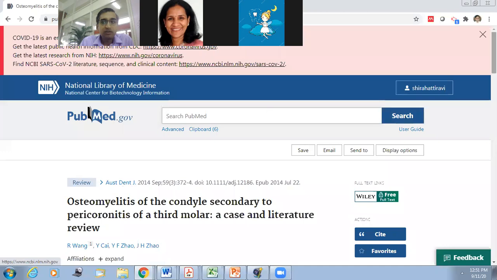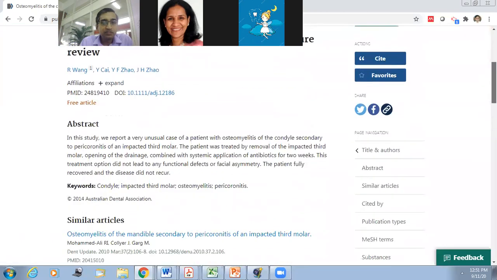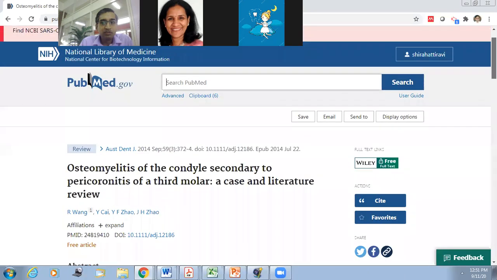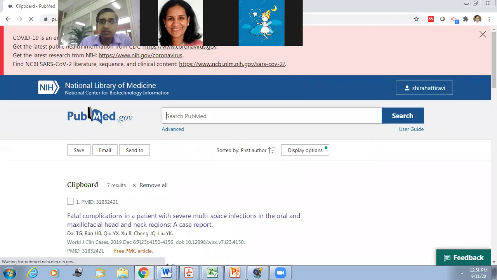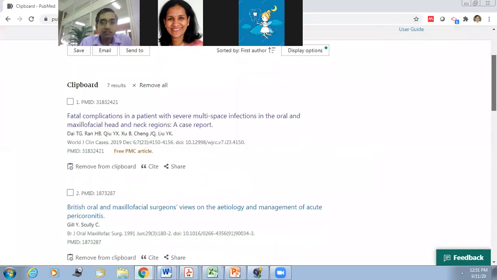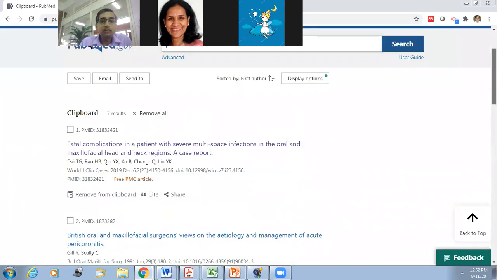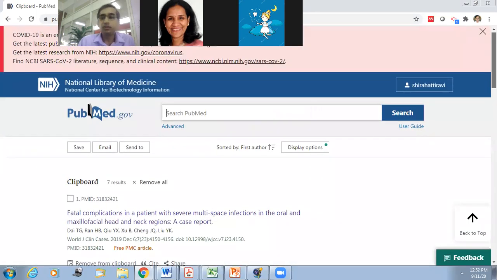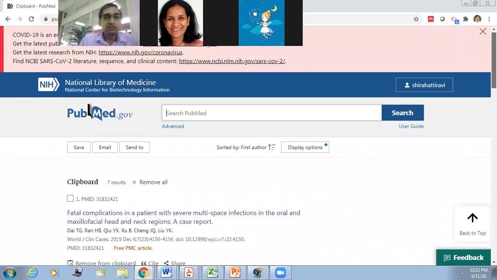This article I have got from the related citations of the 5th article. Now this article is interesting to me. What I will do, I will again use the send to option, you can see, and I have sent it to the clipboard. Now that one more article has been added, my clipboard now has 7 articles. Okay, so this is how you can keep adding good articles to your clipboard and keep improving your search results